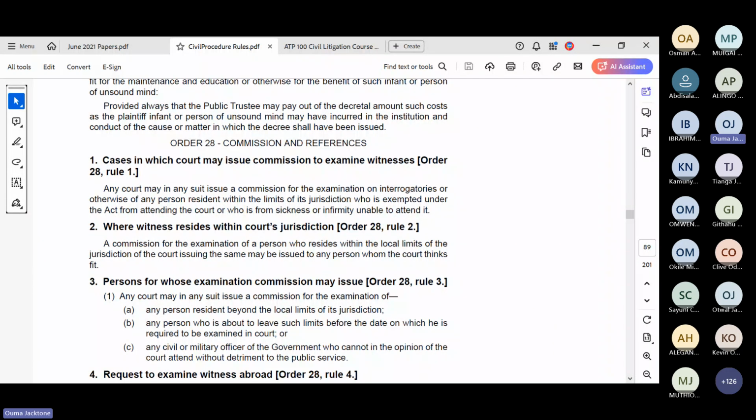Now, at any specific time where you are not able to attend court, we shall send someone to you to take a statement. Okay? Now that statement, it is not just a lazy statement like anybody can take it. No, it must be taken by a commissioner. Somebody who is going to commission you, a commissioner. It is taken under oath because you are not in court, so the court cannot ask you direct questions.